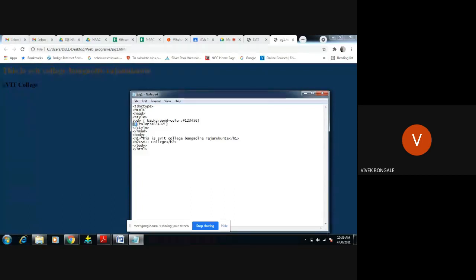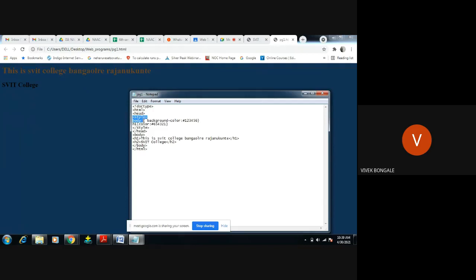These two are HTML tags, but if we use the same tags under the style tag, we do not call them tags. We call them selectors.